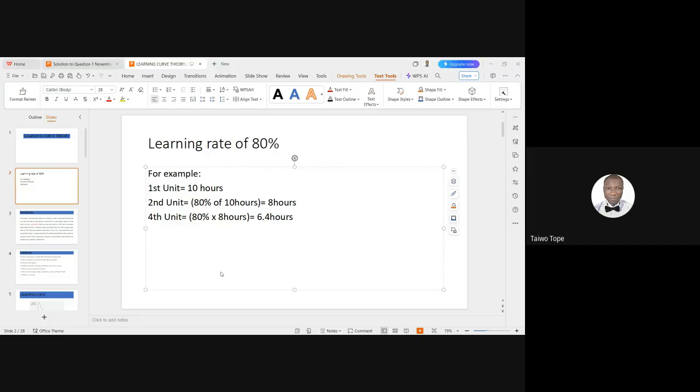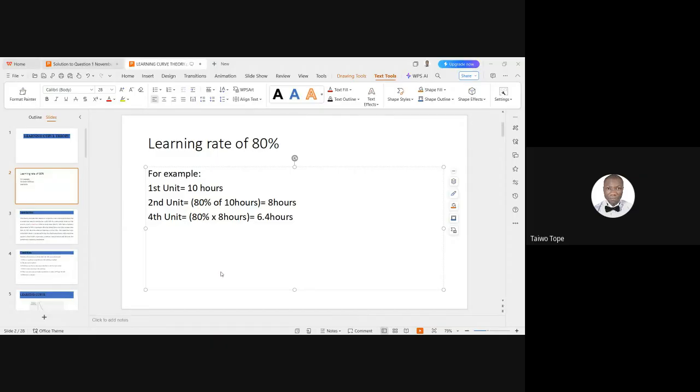I cannot use less than 10 minutes. I cannot use above 10 minutes. So at that point, I've become a master, an expert in driving. So the learning curve will have no effect at that point in time. The learning curve can be measured when you are just starting a particular task. So the learning curve effect is strongest at the beginning, and it slows down as workers become highly skilled. That is the learning curve for us.